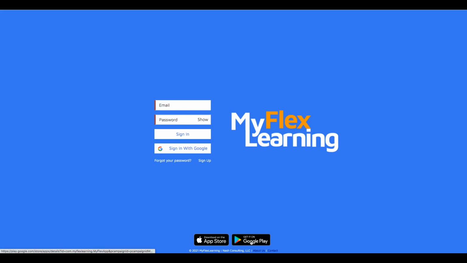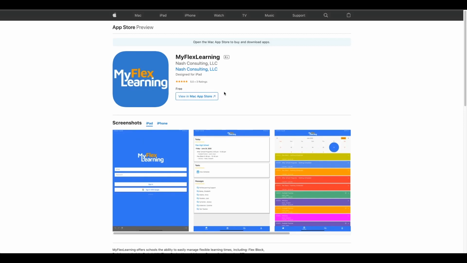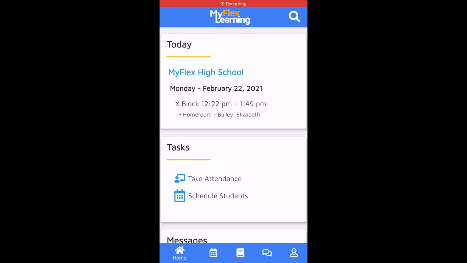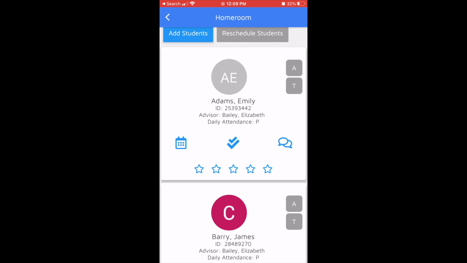MyFlex Learning also provides a mobile app that can be downloaded for Apple or Android devices. The MyFlex Learning mobile app for teachers allows teachers to schedule their students, take attendance,